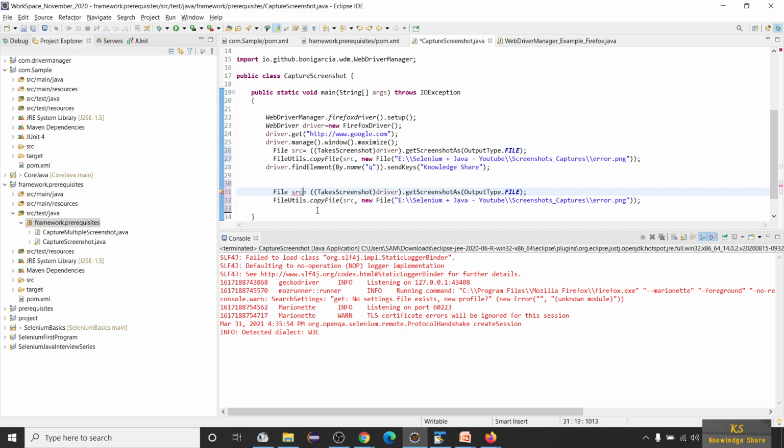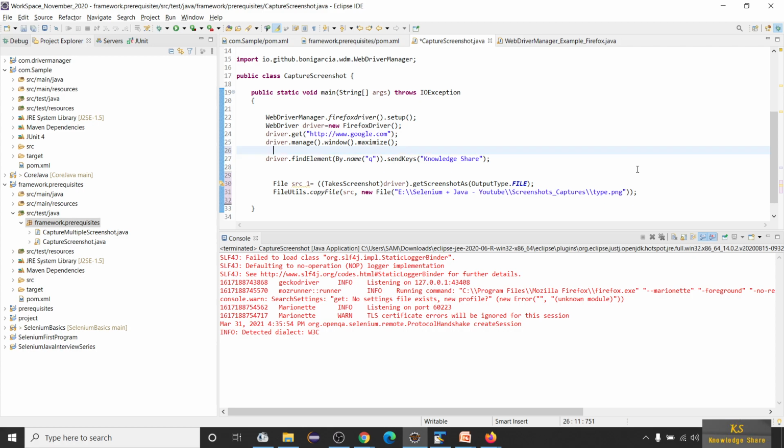And again you have to rename this, src1, and again change the name here and all those stuff, right? So we are not going to use all this here. We are going to create a simple method which will have these two lines of code, and then we will be calling this method. So I'm not going to delete this. Simply, I'm going to embed these two lines in a method, right?